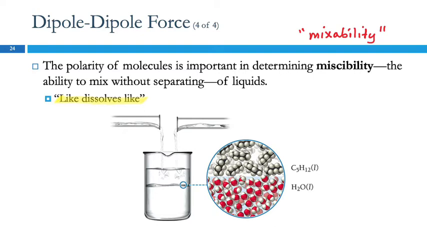Two liquids that are nonpolar, probably miscible. You can think of those intermolecular forces as being a little bit like the language that those molecules speak to each other. People mix around much better if they're all speaking the same language. If we have a nonpolar and a polar liquid, this is not like dissolving like. We have different forces here. The water molecules are going to be all attracted to each other by their dipole-dipole forces, whereas the pentane molecules over here only have those very weak dispersion forces, and so they're not going to mix together. They don't speak the same intermolecular force language.